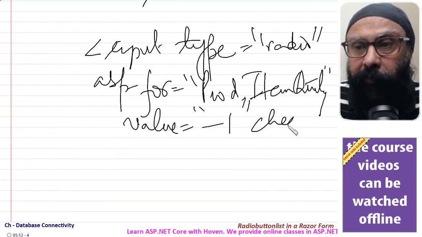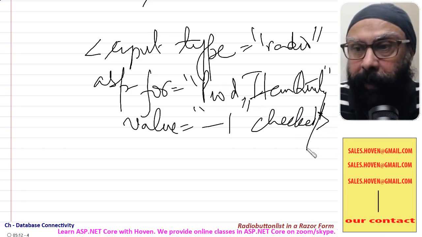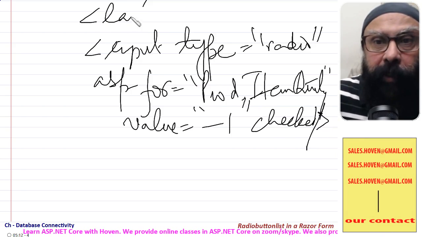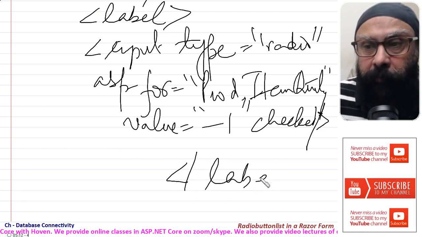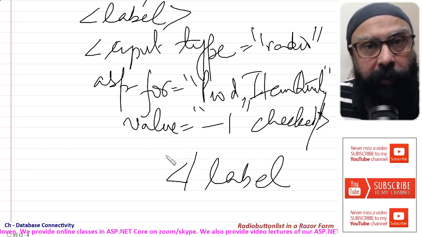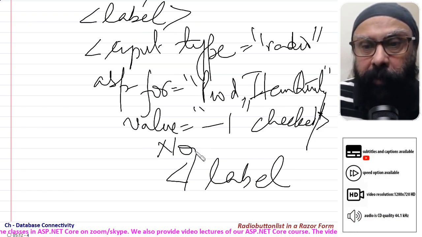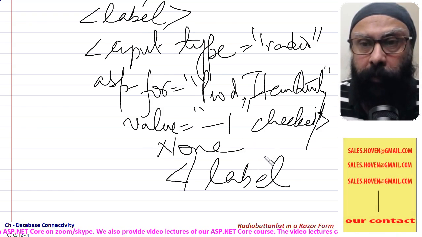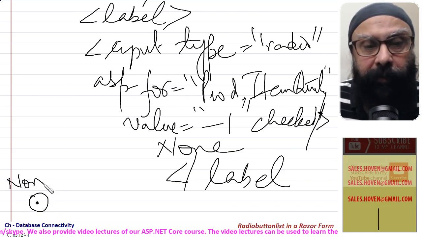And here we have written checked and closed this, and this is put inside a label, and the label closes here, and inside this label but outside this input we write none. So the first item is manually inserted as none.